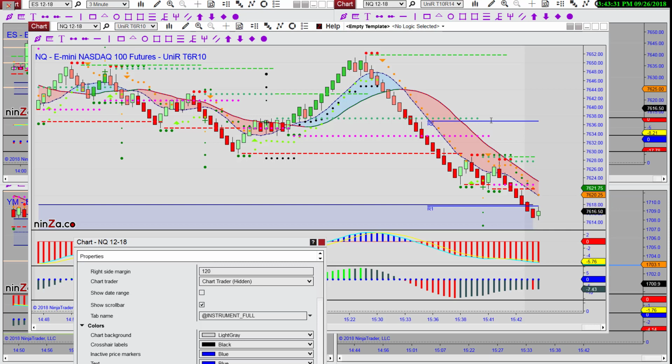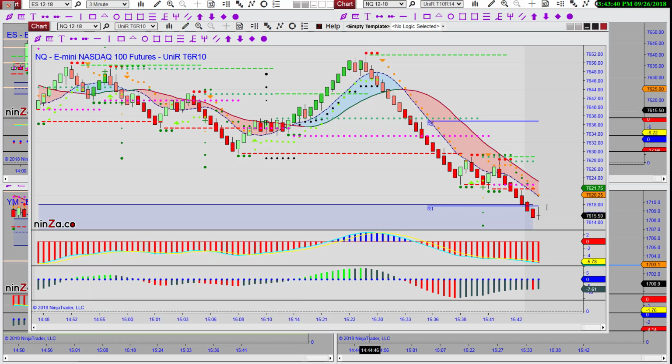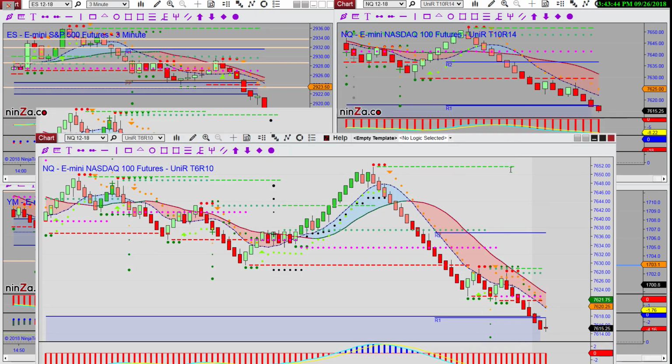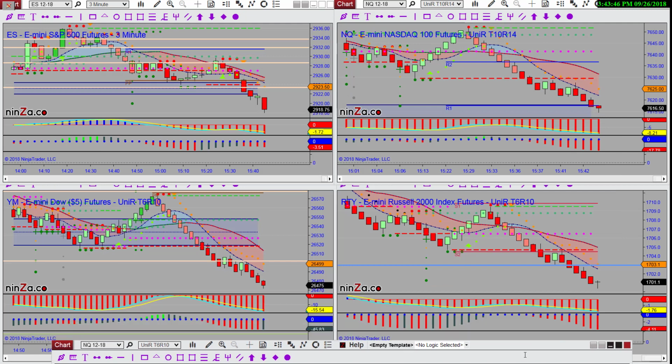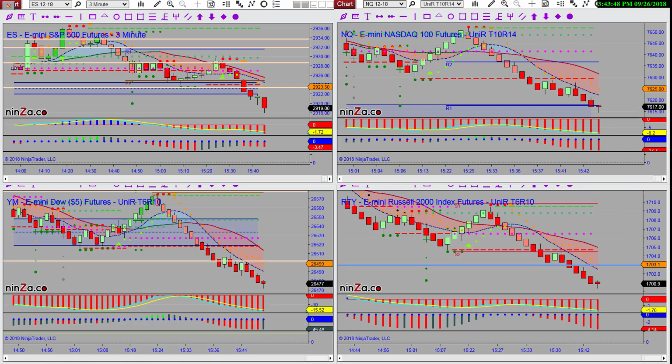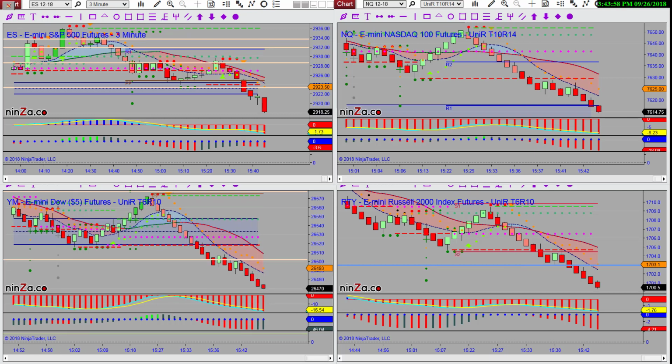It changes the color of the candles too. Do you notice that? The salmon pink becomes kind of a muted, dull, ruddy orange. All right, we'll call that a night and a wrap. Thank you very much for